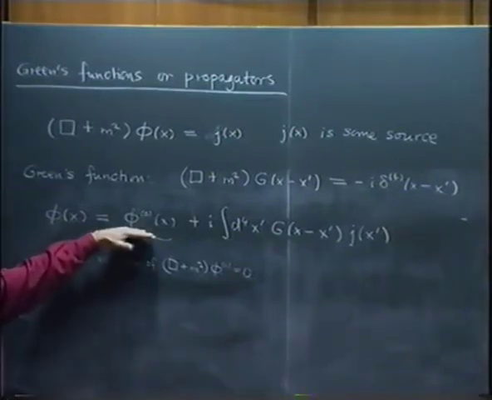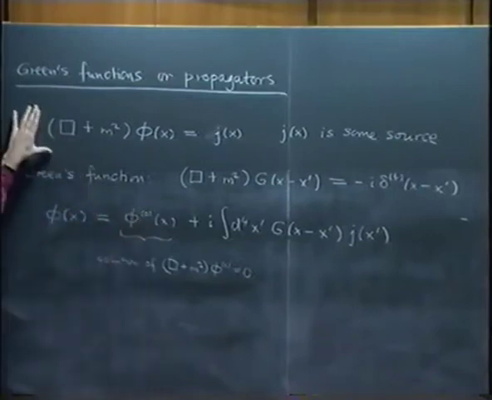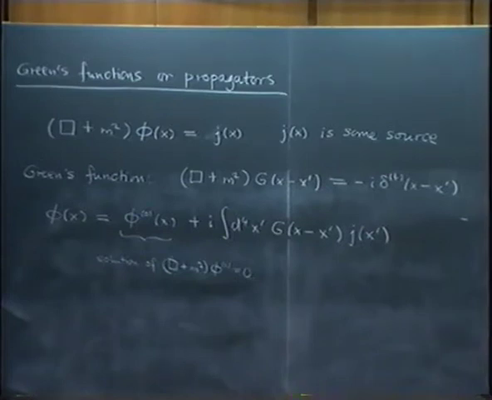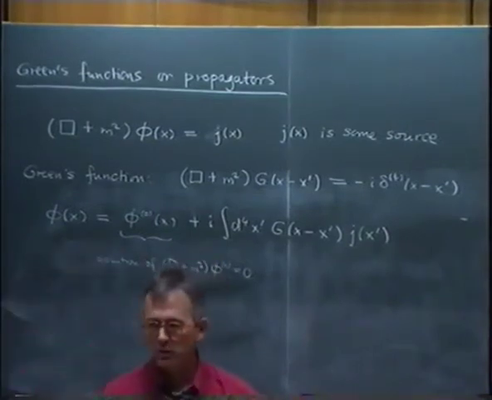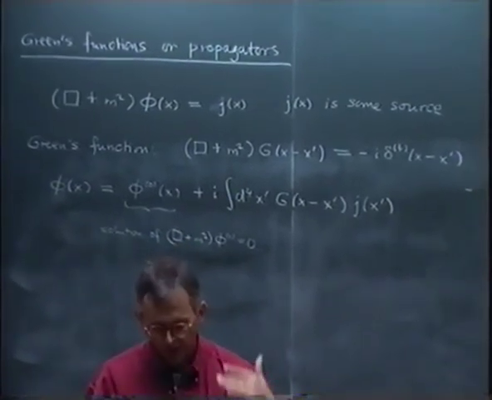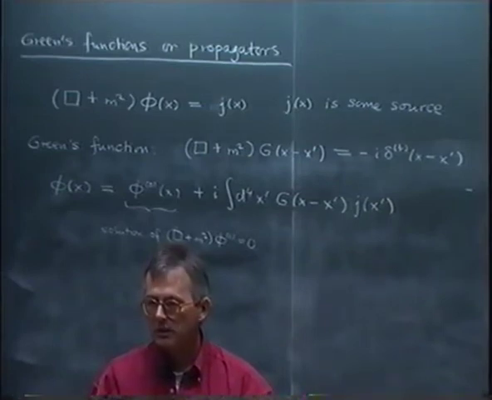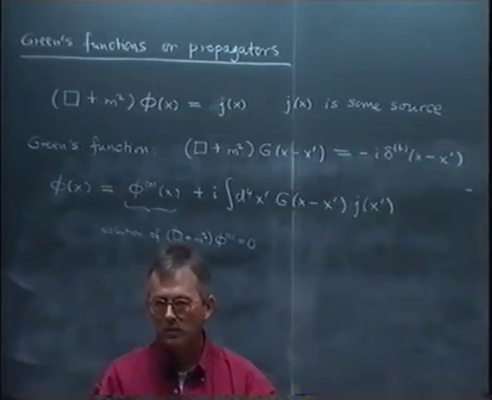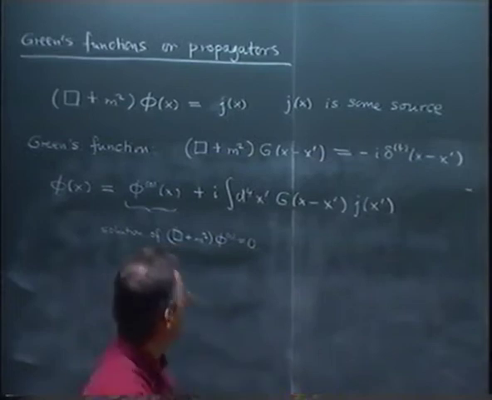This extra term has to do with the fact that the solution of the equation is not uniquely determined by just giving the equation, but in addition you will have to give some kind of initial or boundary conditions. This is always the case with differential equations in physics. It's almost a universal principle. It's not just that you have to solve the equations of motion, which are partial differential equations, but you also have to give some set of initial conditions in order to determine the solution uniquely.